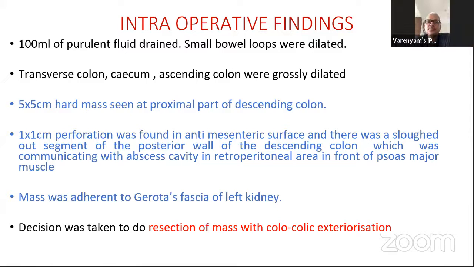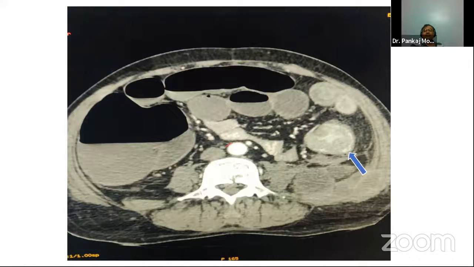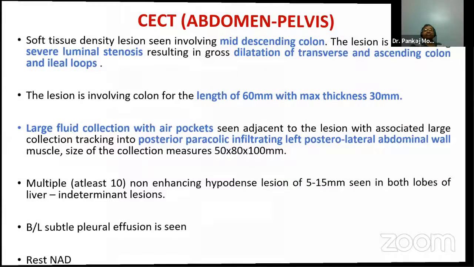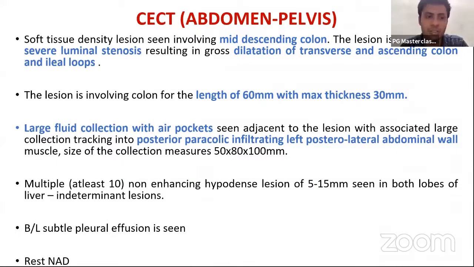What about the liver? The liver was normal. On CT scan, you said there are multiple bilobar metastases. Yes, that is a good point. CT was suggestive of indeterminate lesions, but intraop the liver was normal. Rahul may not be able to say, because the operating surgeon, I don't think he's there. So the point was that per operative it was normal.